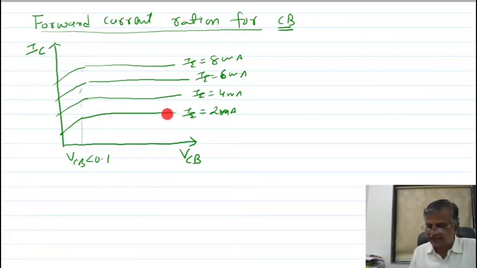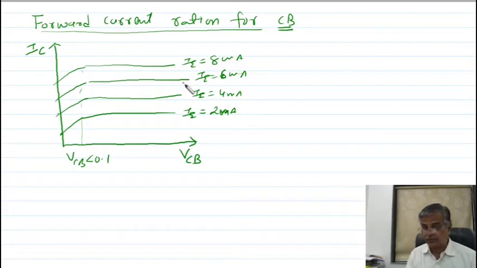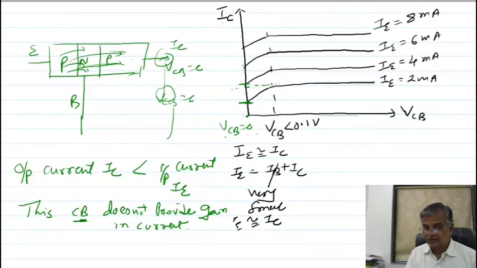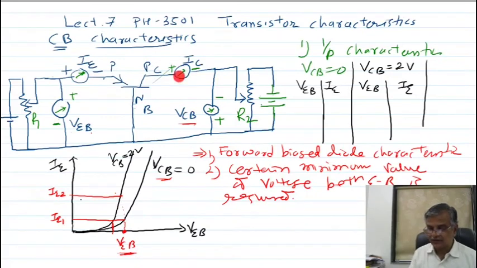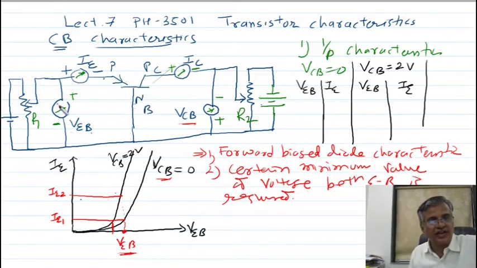So what is the maximum collector current? Maximum is 1.98, which is less than 2 milliampere. For 4 milliampere, the maximum current is less than 4 milliampere. Suppose you are doing the experiment and you get a current more than this. Remember, there is some calibration mistake in the meter. This current cannot be more than this. So take care, either check the potentiometric arrangement or check this voltage. This current is always less than this.